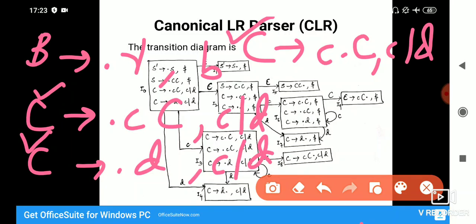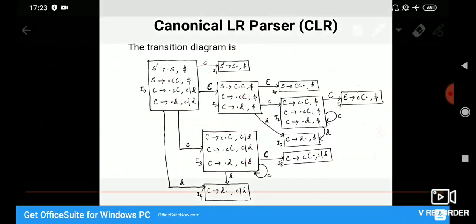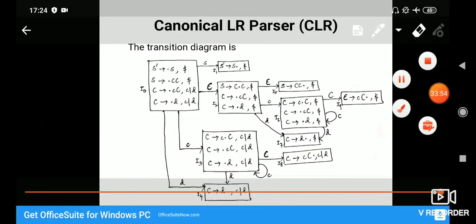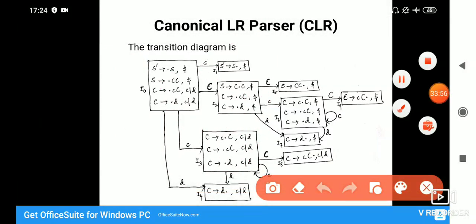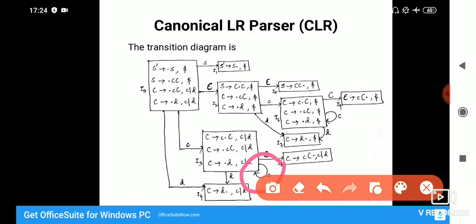So that is why, since you are getting the old item set, the movement shown is just circling or reproducing from I3 to I3.